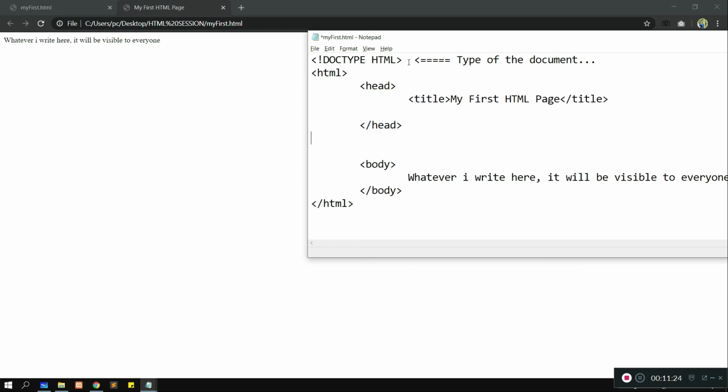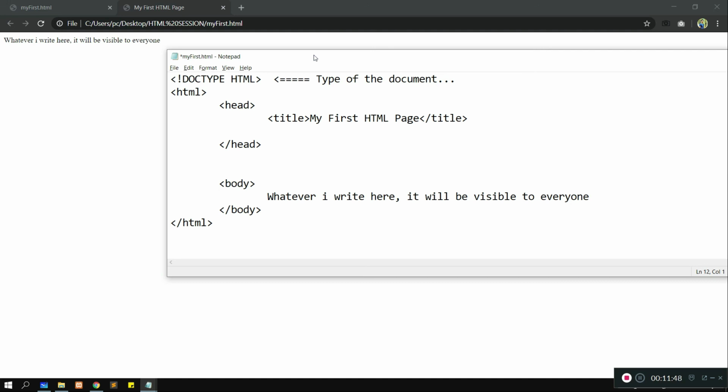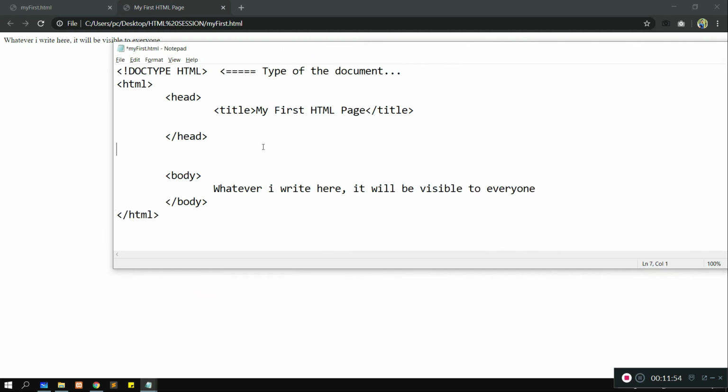Okay, great. So now in the next lecture we will get brief idea about tags, how many types of tags are there, or elements you can call it. Then, today's task: I have to give you today's task.